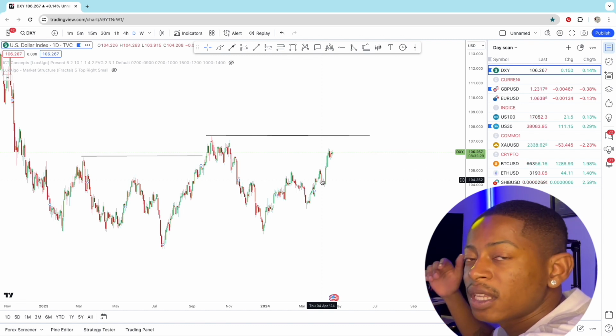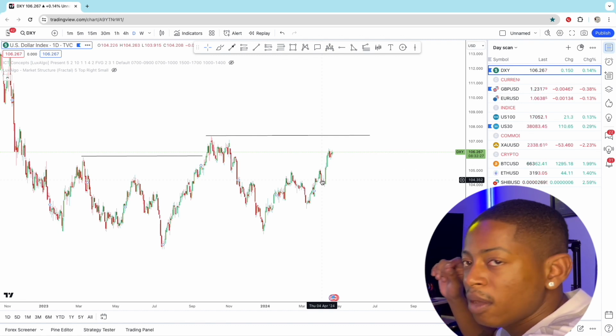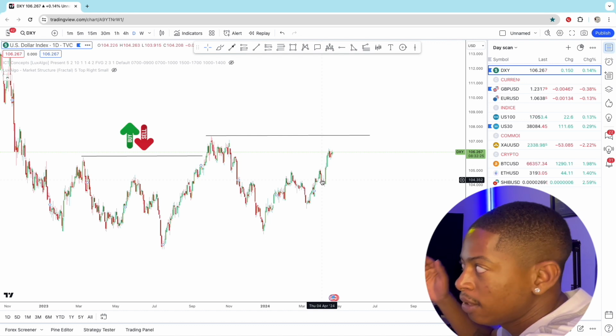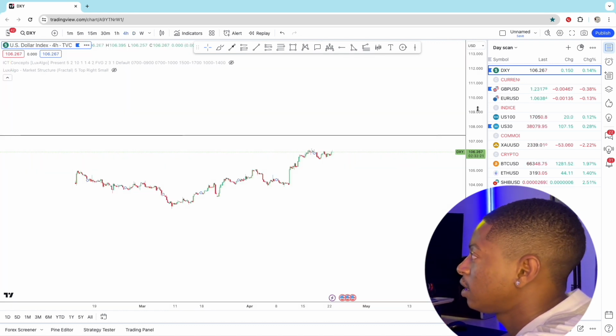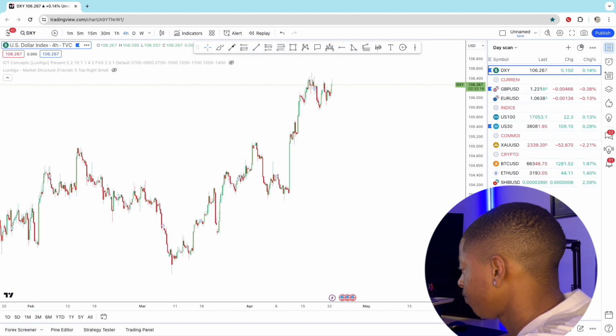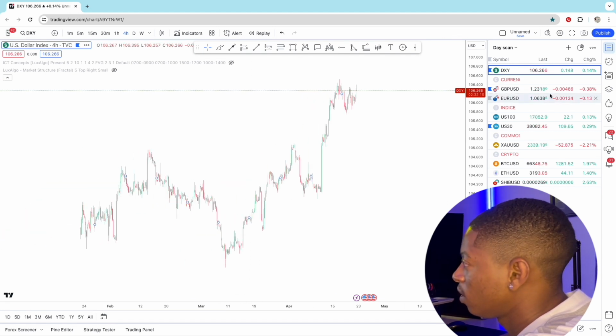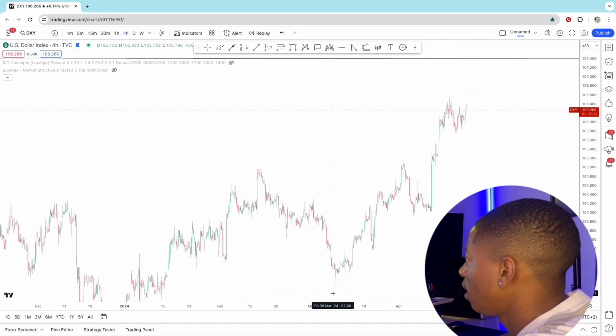So that is one of the first things that I start by looking for, which enables me to know whether we're in an upward trend or a downward trend. And in this scenario, we are in an upward trend. So now let's say I go to the 4 hour. I go all the way to the 4 hour now, and on the 4 hour, what I'm aiming to see